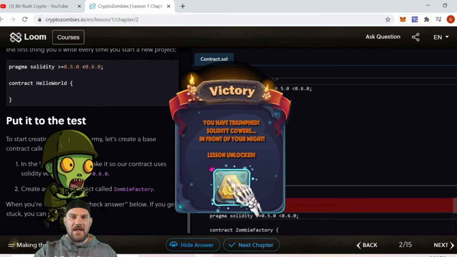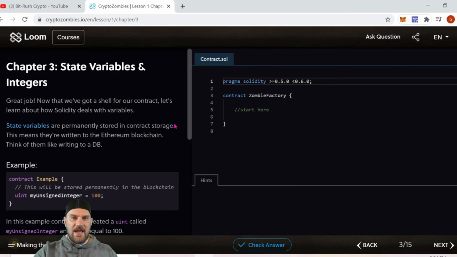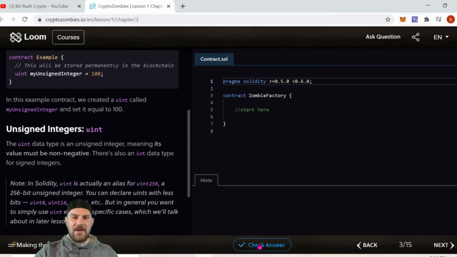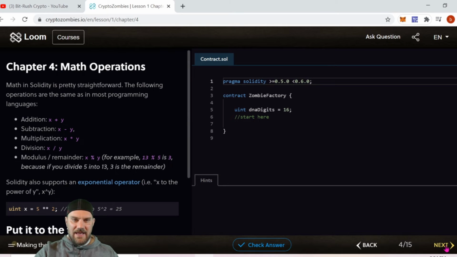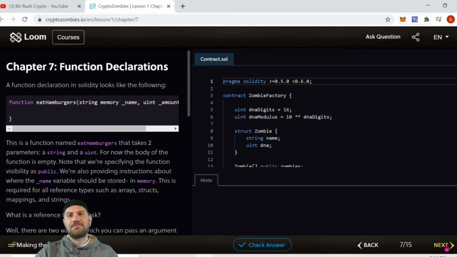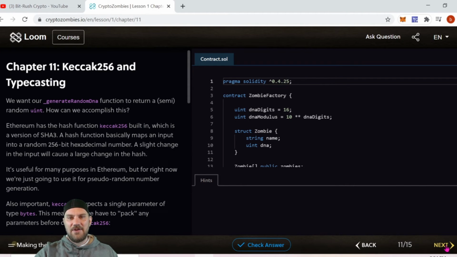So try again, boom, victory, you got an unlock here, excellent. So you did that, and now you go to the next step. Again, it's going to give you the next step here, and you can do that. If you guys can't figure out what the answer is, even after checking the answer and showing it, you can just click the next button, and it lets you pretty much skip ahead through all of it, which is what we're going to do here, because again, guys, I'm not going to show you every single